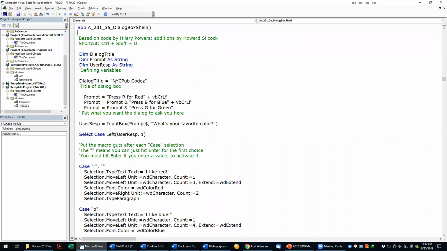So this is just defining variables. This is the text that goes in the title. This is the guts of what you want the dialog box to ask you. Okay, so what's in the quote marks is what you're going to see. And this is just a line break. Okay, so this starts a new line. So you will see press R for red on one line, press B for blue on the next line, and then press G for green on the third line, and you don't need a line return because that's the last one. Okay. And now this line pops up an input box, which we will see, and it asks you what's